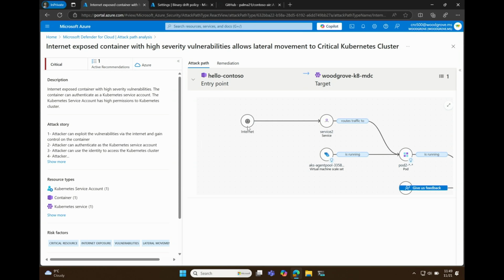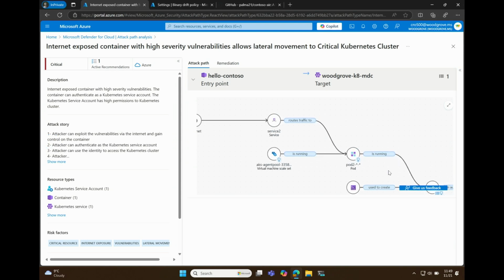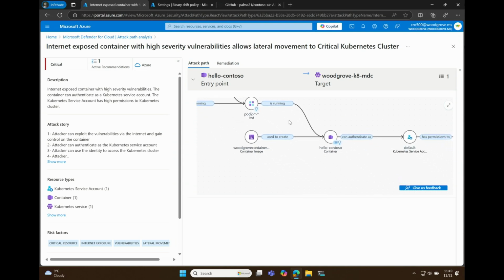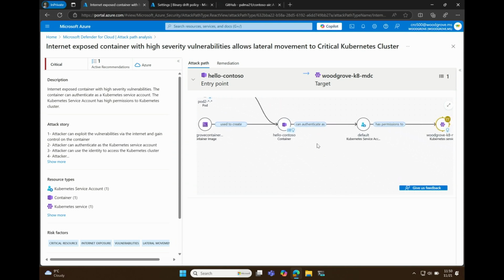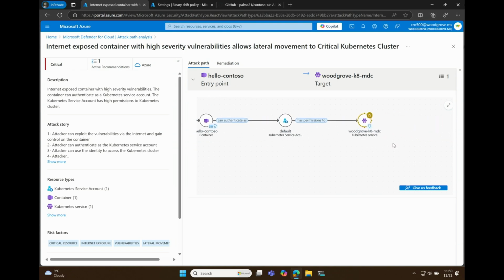So you can see I have the internet. It's connected to this service. That's a Kubernetes service, which routes traffic to this pod. And if I scroll across, hopefully if I know how to do this, you can see this pod is running with this container, which has this service account, which has permissions to this Kubernetes cluster, right?